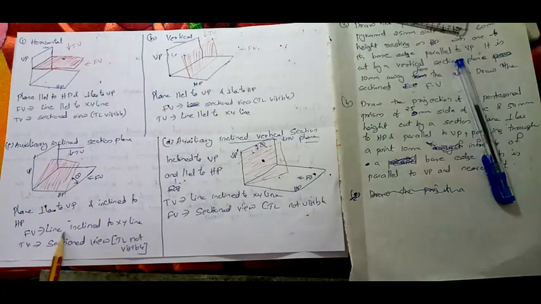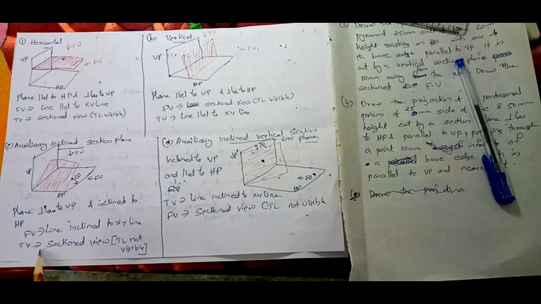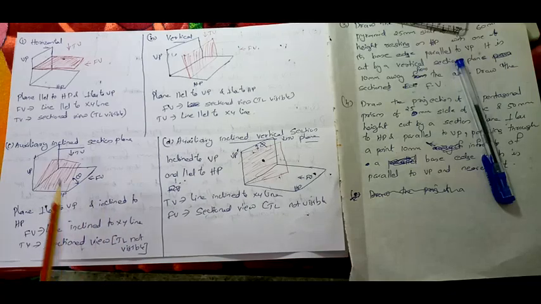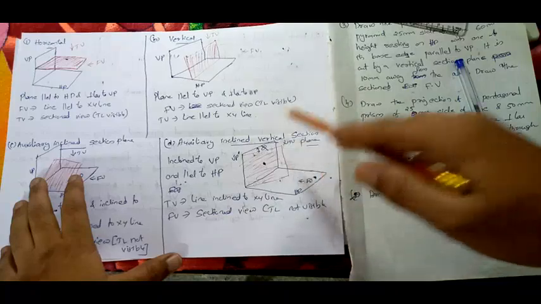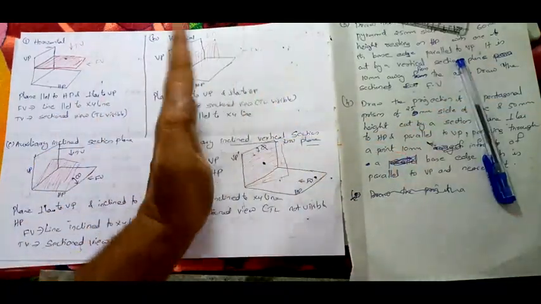So in the top view you can see the sectioned view, but this sectioned view is actually not the true view. Instead, that is an apparent view. The true length of the sectioned view is not visible here because it is inclined. So, similarly, the difference with the auxiliary inclined vertical section plane is this: